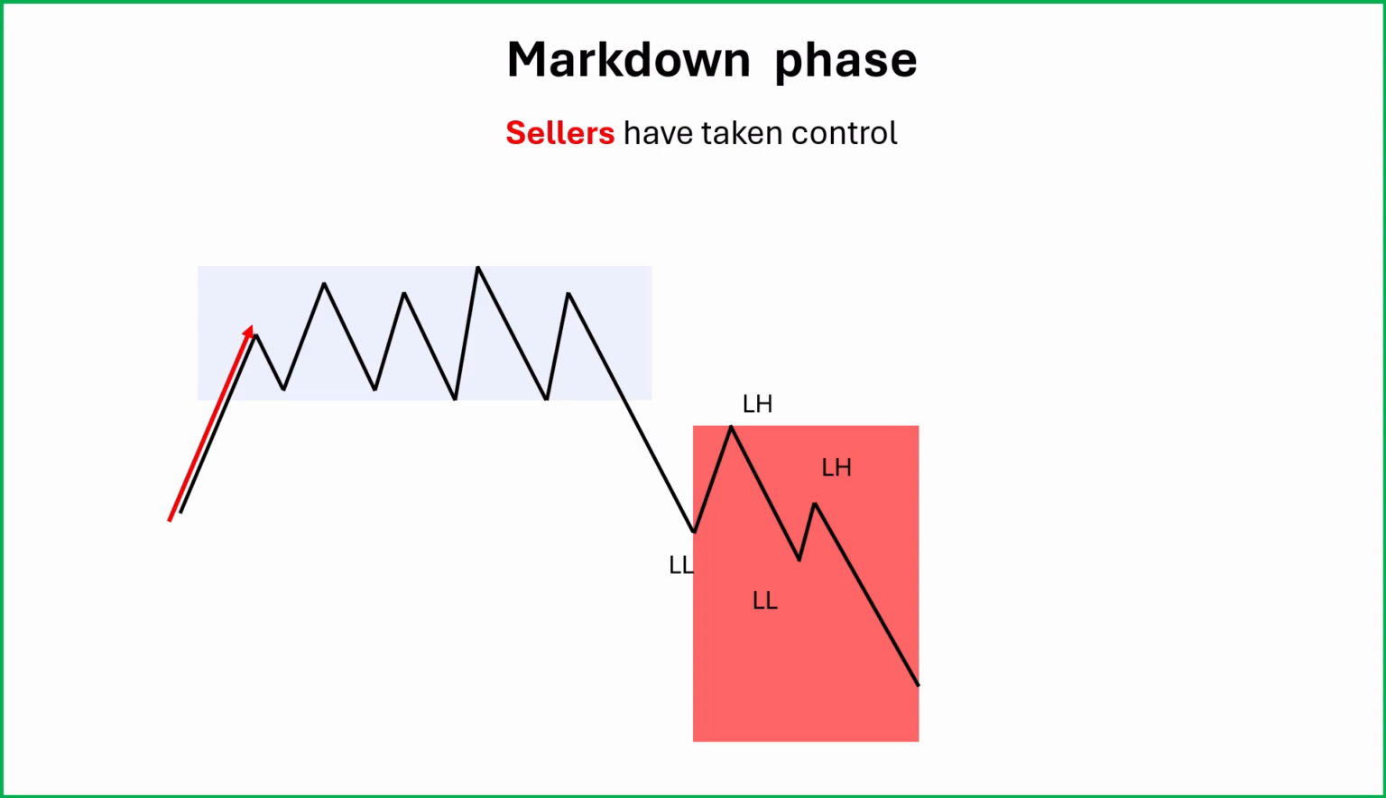This is where panic selling kicks in. Retail traders who bought late during markup or distribution now rush to get out, usually at a loss. But just like before, while most people are focused on the fear, the smart money is preparing again for the next accumulation phase. If you can learn to identify these 4 stages, accumulation, markup, distribution, and markdown,